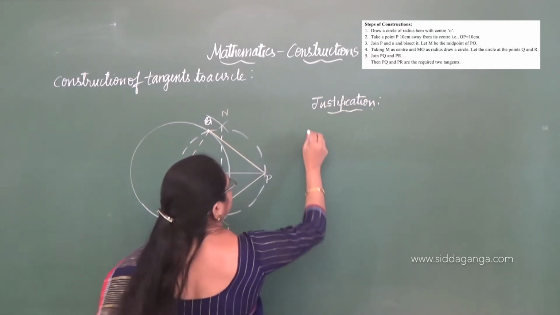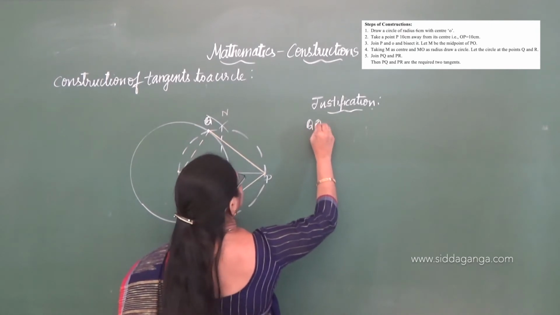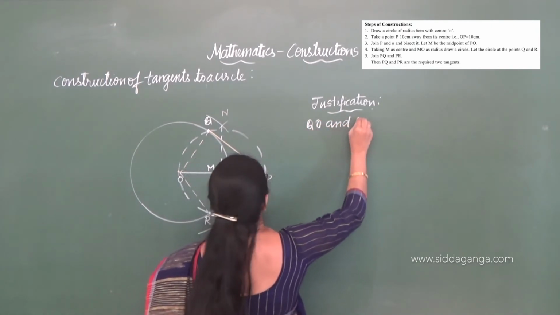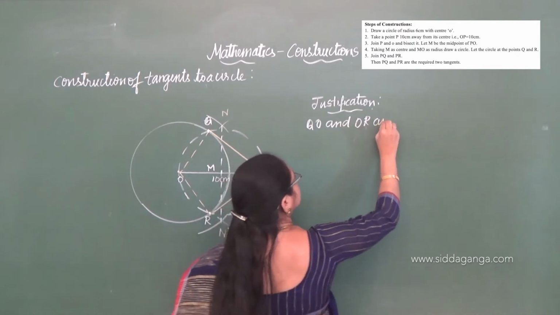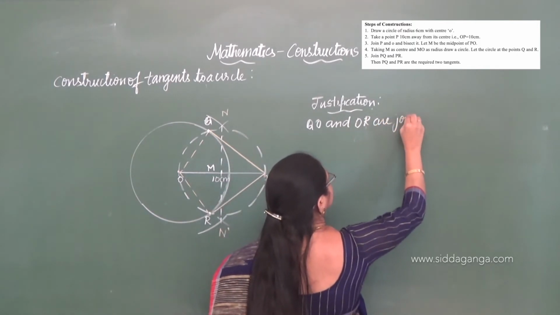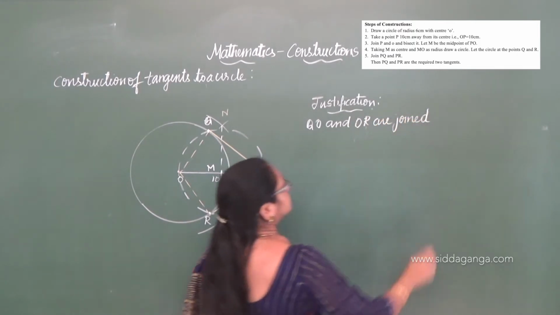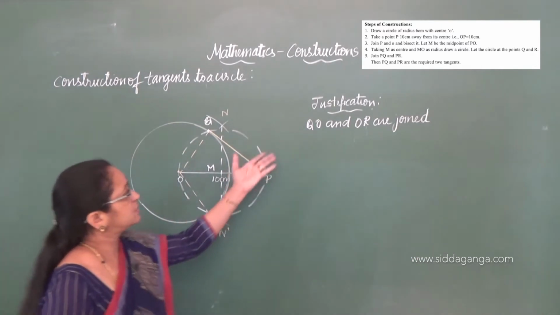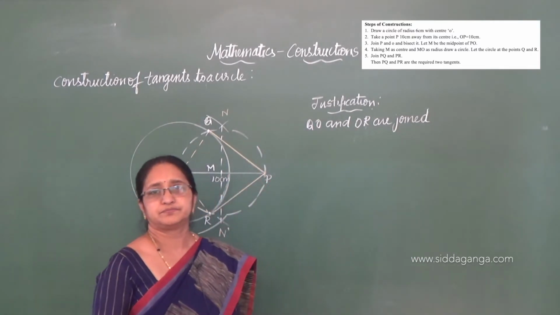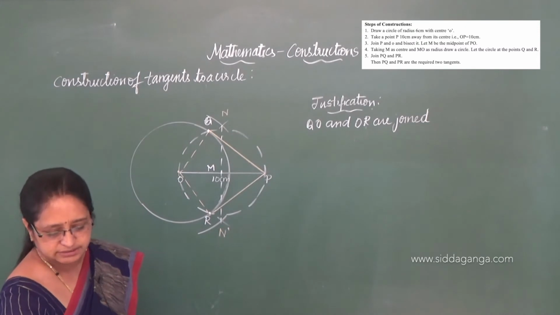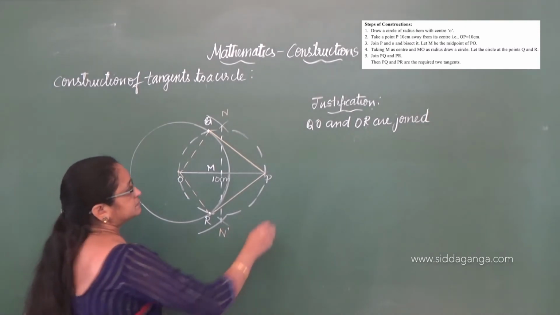See here, QO and OR are joined. Okay, or you can write: join QO and OR. Then what is the next step? Since,